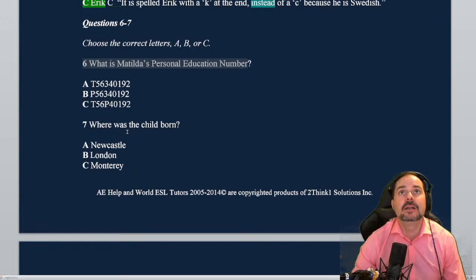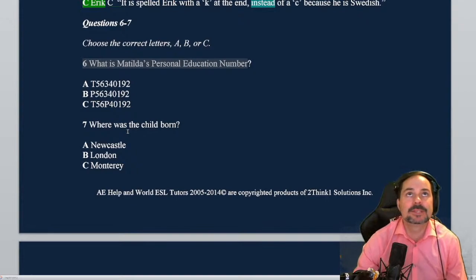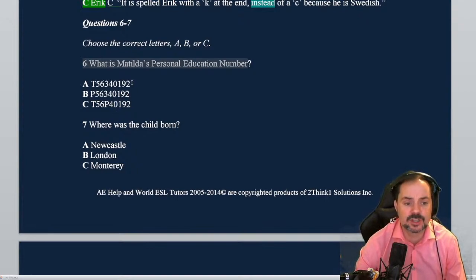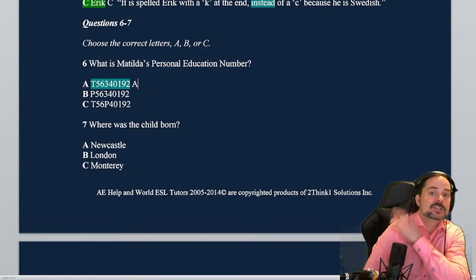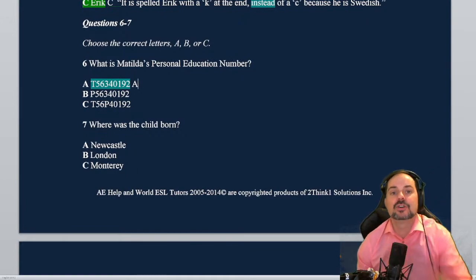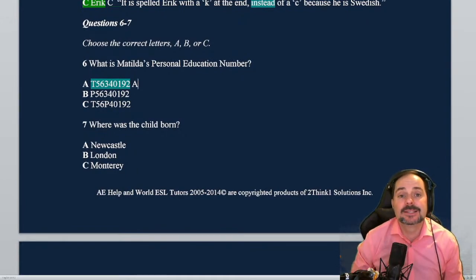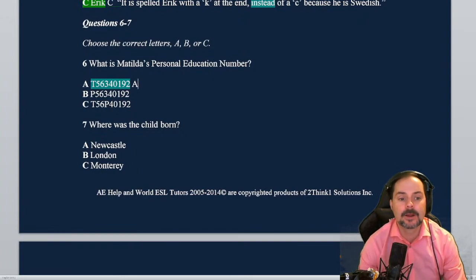And I've got a lot of A's coming up. Paulo, Layla, very good. Habibuliev, 6 is A, if I'm not mistaken. Be confident, especially in multiple choice. Yeah, T563409192. There's no letter, and it's a T and not a P. So for all of you who answered A, give yourselves a pat on the shoulder. You've done a good job. Listen to dictation, okay?